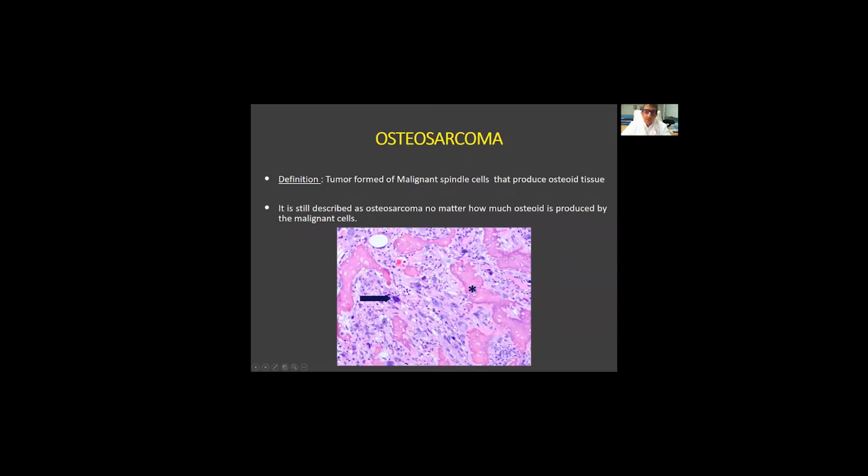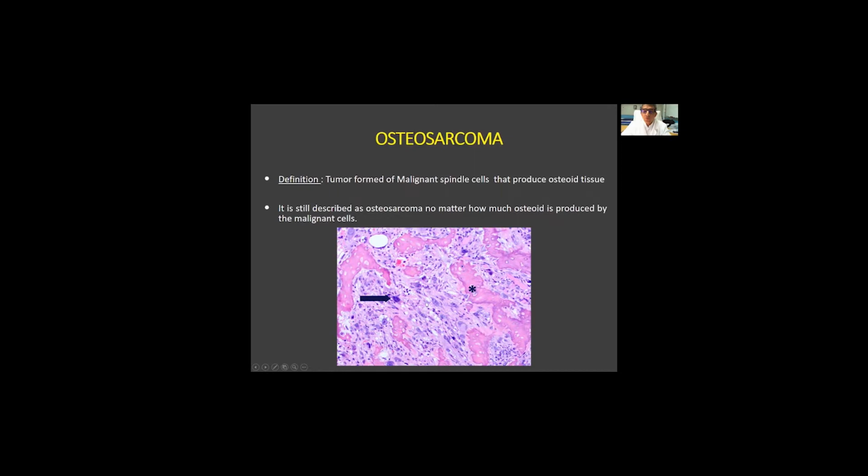In this H&E slide, here we can see this pink amorphous material, which we named the malignant osteoid, and is directly produced by the adjacent malignant spindle cells, which can show various degrees of atypia and mitosis. So these cells are directly producing this osteoid, and this is the hallmark for the diagnosis of osteosarcoma. It is important to note that even if this osteoid is scanty, still the diagnosis of osteosarcoma could be confirmed,